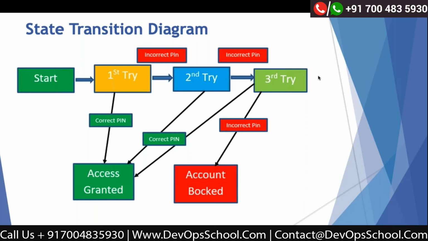It will show that your account is blocked. You may try after 24 hours, 48 hours. Your account is blocked for 24 hours, or a couple of minutes. In our mobile, it will be 10, 20 seconds or 1 minute. So if you keep trying a number of times, that time will be increasing. So using this diagram, you can identify how the application should respond.